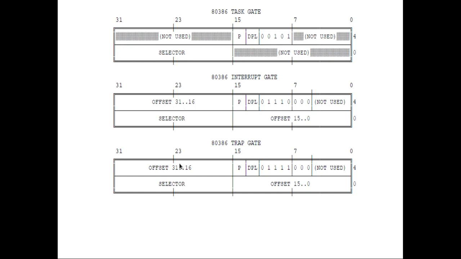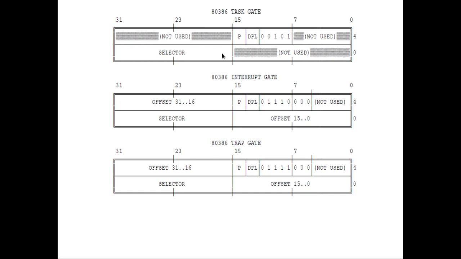We have seen the format of call gate descriptor. Do you remember? In call gate descriptor we have a selector as well as an offset address. In the same way, interrupt gate and trap gate also contain selector and offset. So the working of interrupt gate and trap gate is somewhat similar to the call gate descriptor. If you understood call gate descriptor, you can easily understand how interrupt gate and trap gate descriptors work in protected mode. Other fields you already know, what is P, what is DPL. So this is about the different descriptors which are present in IDT.